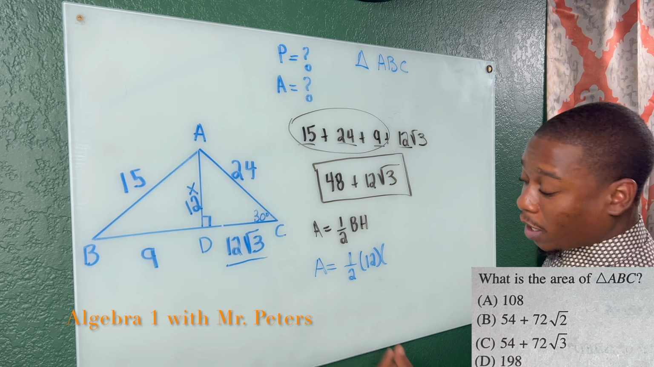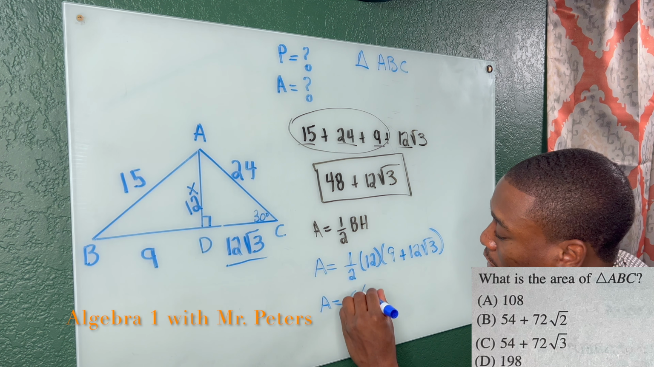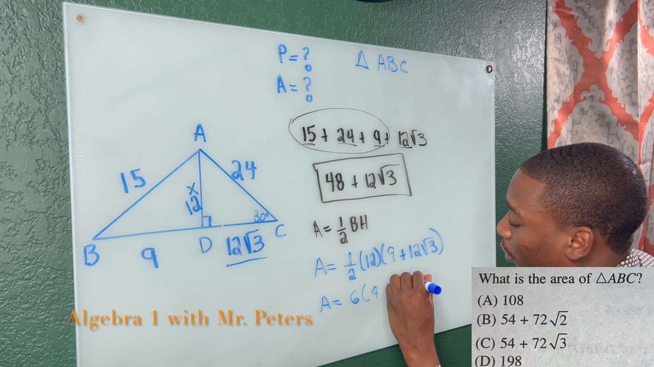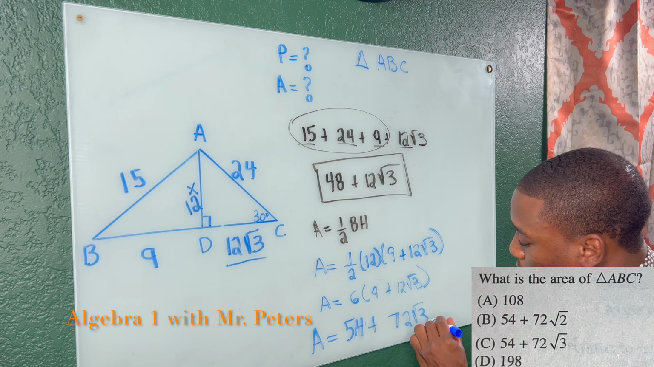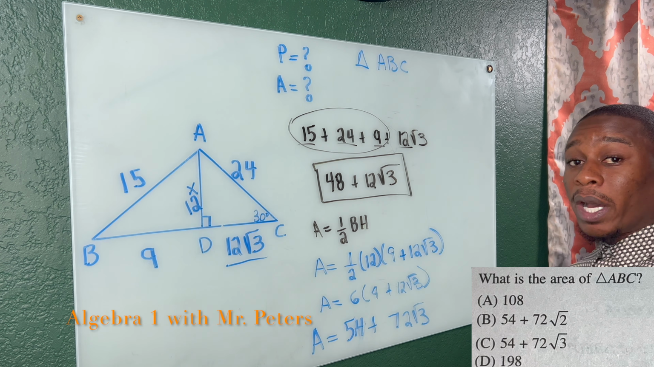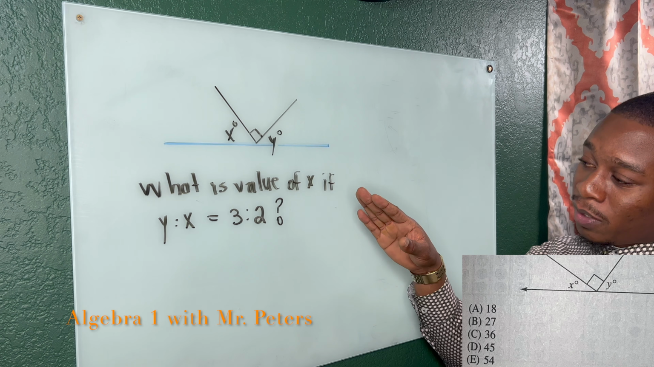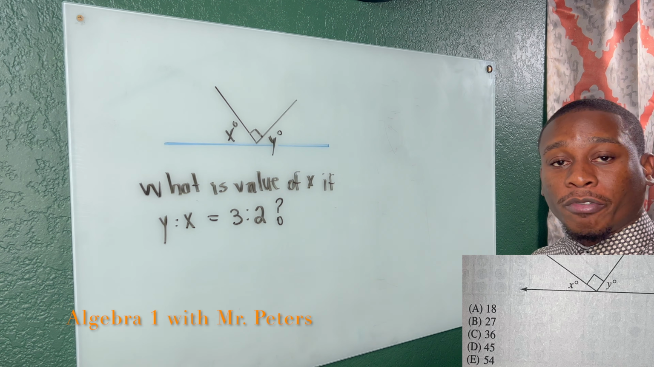And now what we're going to do is multiply by distributing. So A is equal to 6 times 9 plus 12 radical 3. When we simplify, we know the area of triangle ABC is going to be 70, not 72, sorry guys, I'm off, 54 plus 72 radical 3. And if I'm not mistaken, that's going to be letter choice C at the bottom of my screen. So our next problem, they give us a diagram and they're asking us for the value of x,